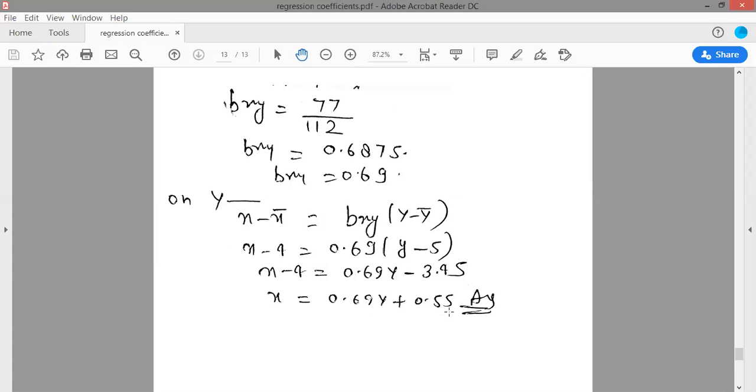So guys, your regression topic and coefficient of correlation are all done, and I have completed your unit third also. So in the next video, I will share a few questions related to unit second and unit third. And I will also share your previous year question papers questions, and there will be no solution, but in our further videos, I will share the solution also. So I think I will start your unit first or unit fourth in our next session. So thank you.